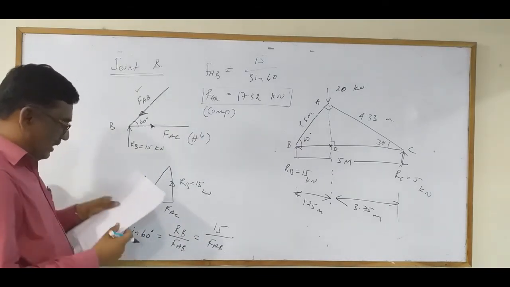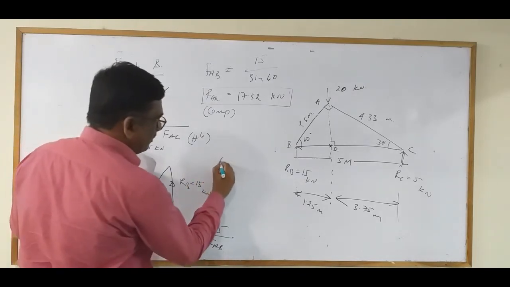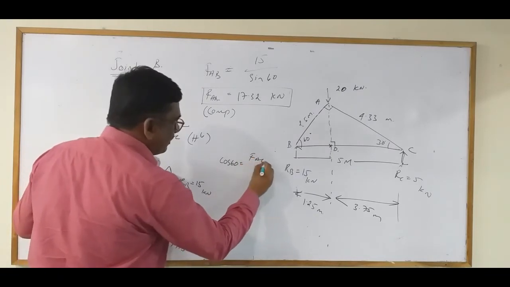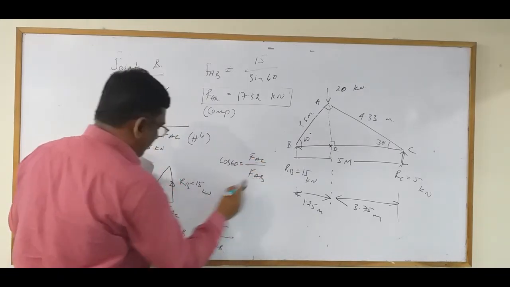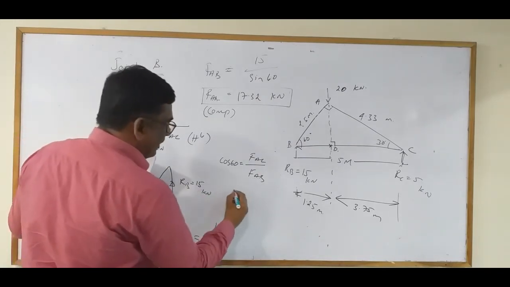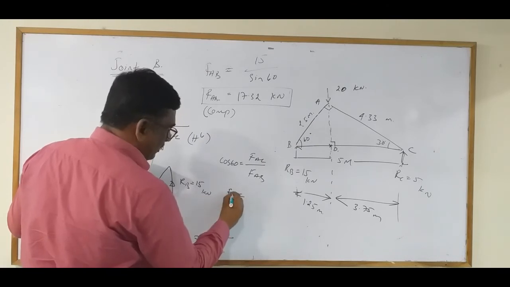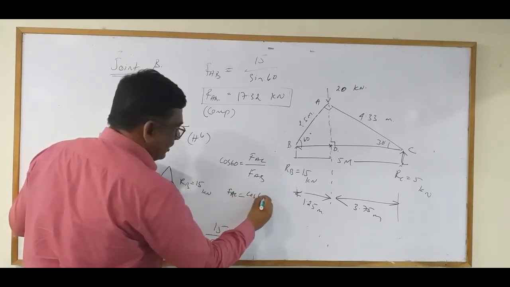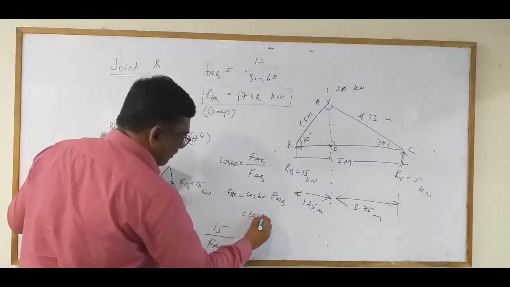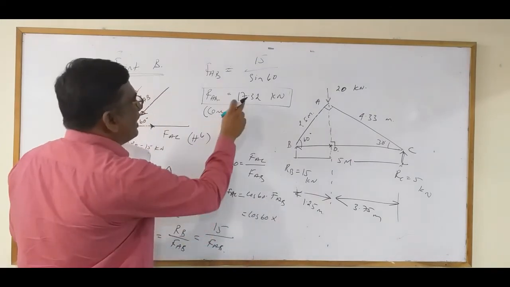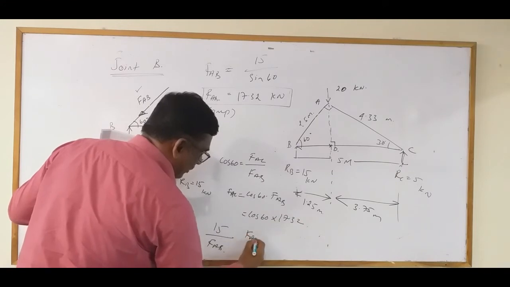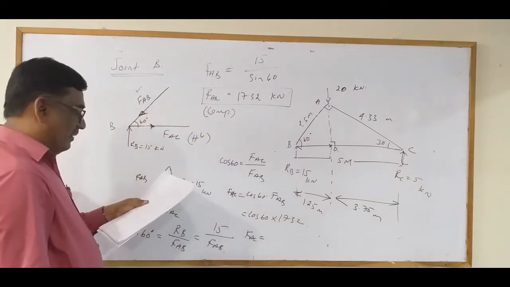Now find out the value of cos 60. What is the value of cos 60? FAC by FAB. FAB is in the hypotenuse. So FAC alone, cos 60 into FAB. What is the value of FAB? 17.32 we have calculated. So FAC alone, value of FAC is,